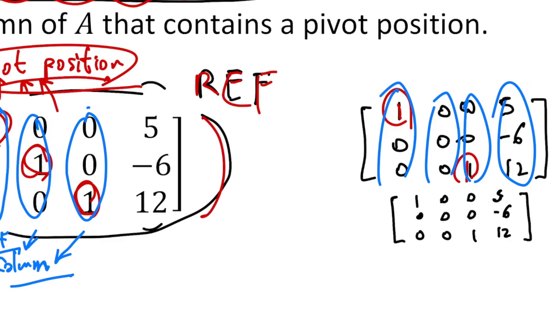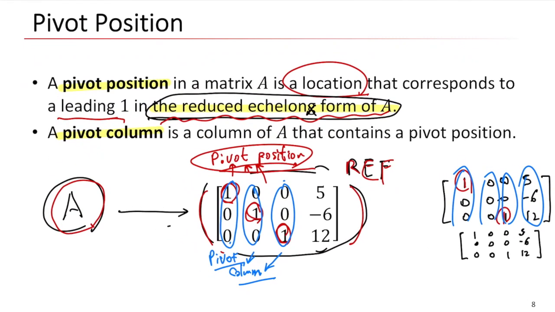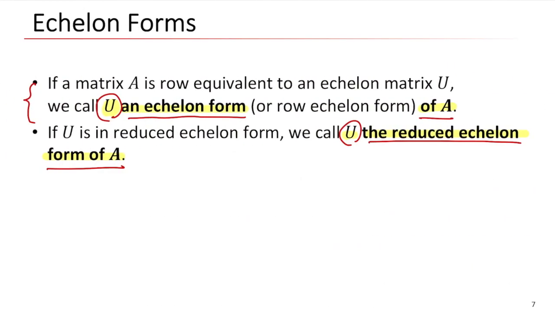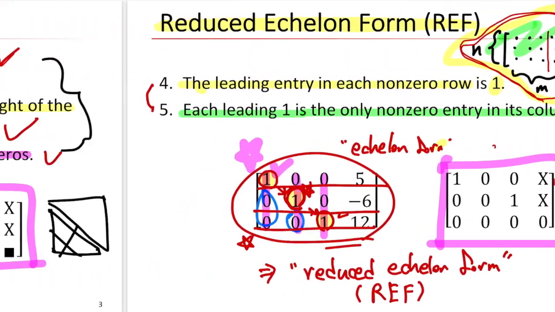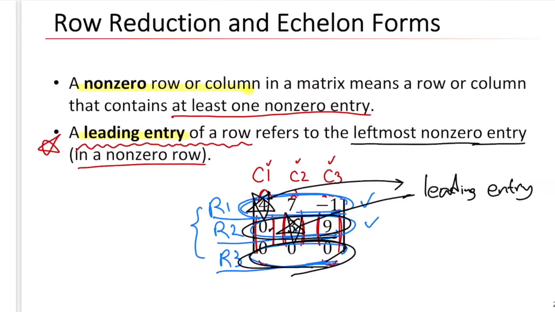Is this matrix in reduced echelon form? No. Why? Because of this one. Because in the definition of the reduced echelon form,